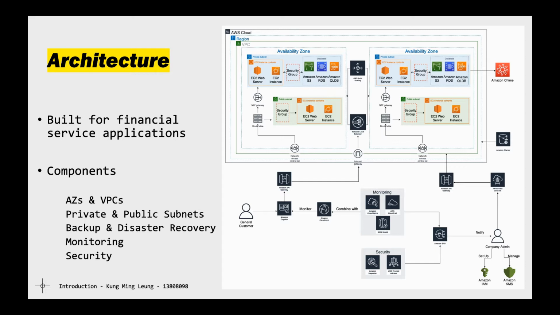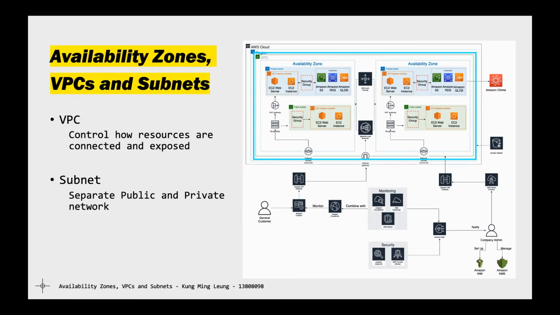be implemented. First, let's start with availability zones and VPCs, as well as private and public subnets. A VPC is a setup to control how resources are connected to and exposed to the internet. In this VPC, we have subnets attached. Internal use resources should be put into the private subnet, while those for customer use should be put into the